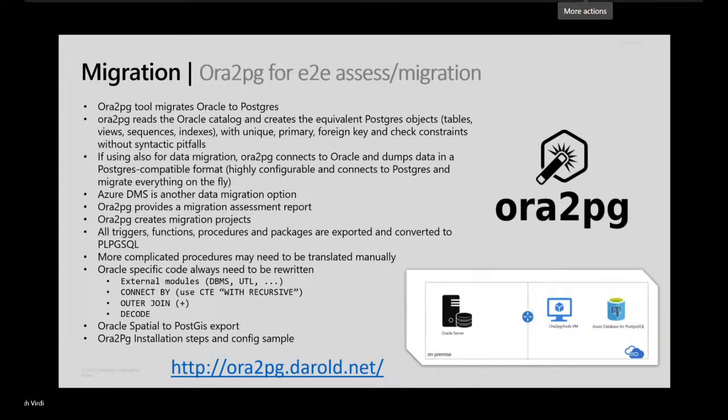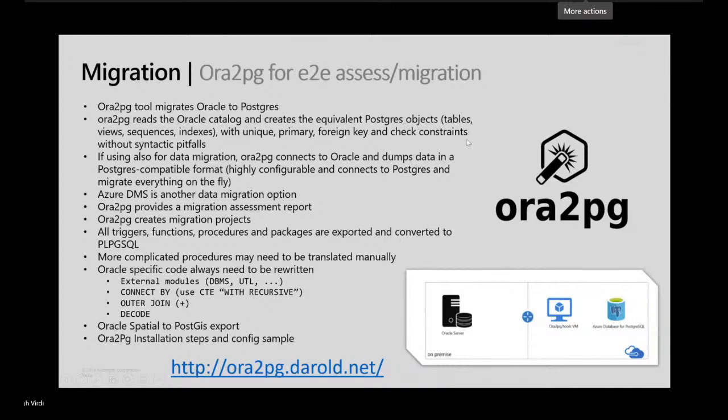And apart from that, you can even interact with the contributors by opening issues or bugs, or learn from them, right? So Ora2PG is a common tool which is used for doing end-to-end assessment as well as migration. What Ora2PG will do is it will essentially read your Oracle catalog and create an equivalent PostgreSQL object.